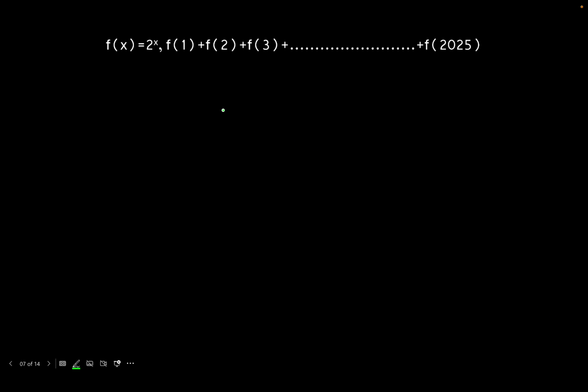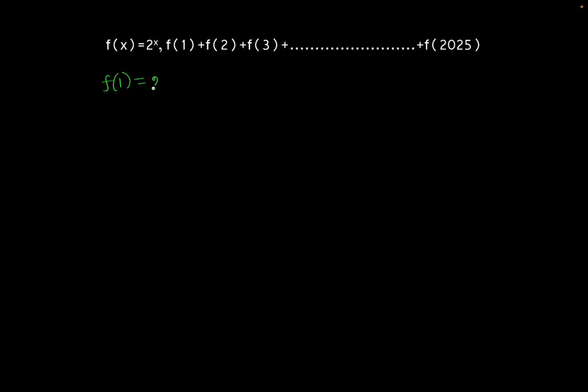So we are given a function like f of x equals 2 to the power x. Then we need to find the sum of this term from 1 to 2025. So if we plug these values, 1 to 3, into this function, we'll get f of